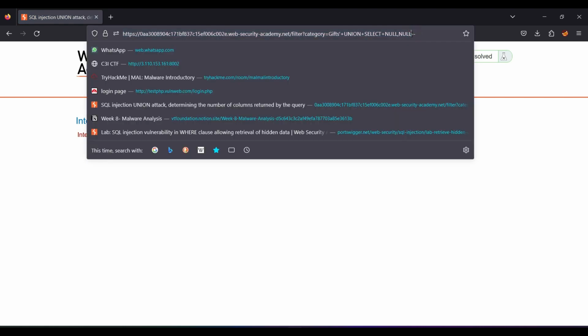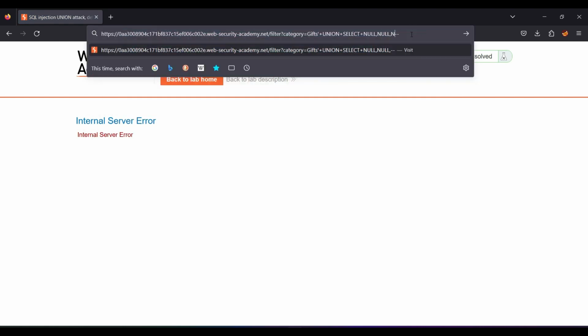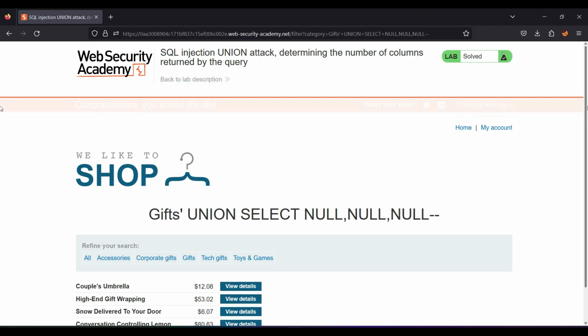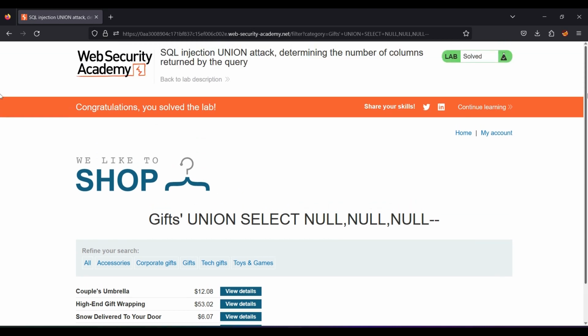Still not. Yeah, that means there are 3 columns. Okay, so in this way we can use the ORDER BY as well as the UNION payload for a SQL injection UNION attack. And here the ORDER BY payload did not work, but the UNION SELECT payload worked.